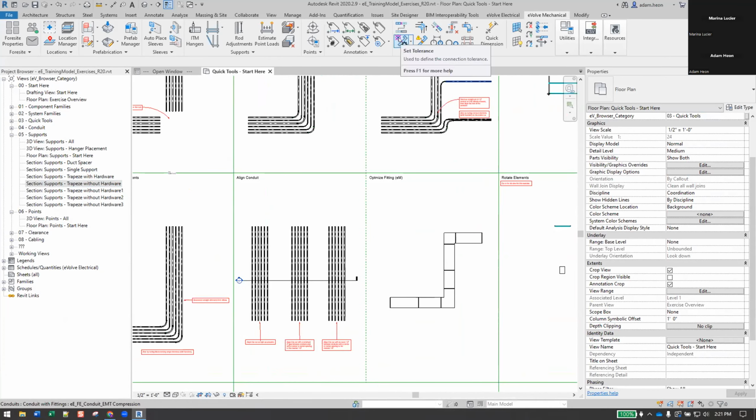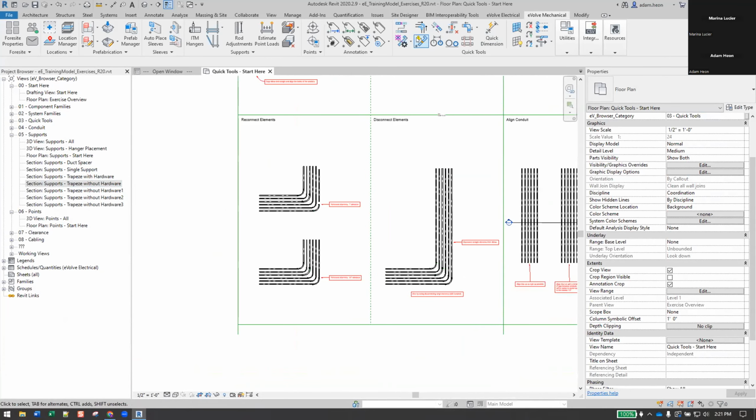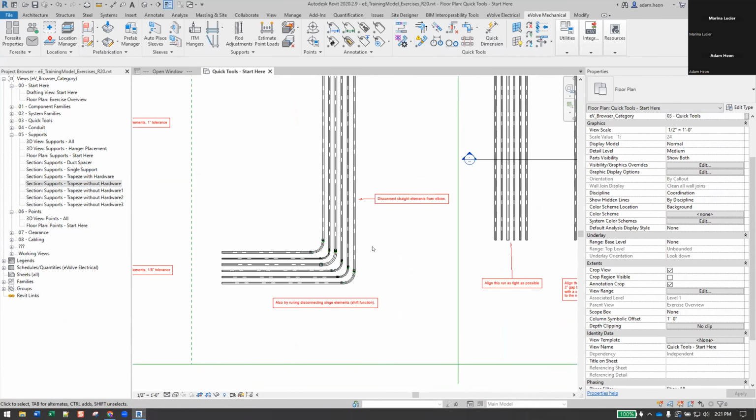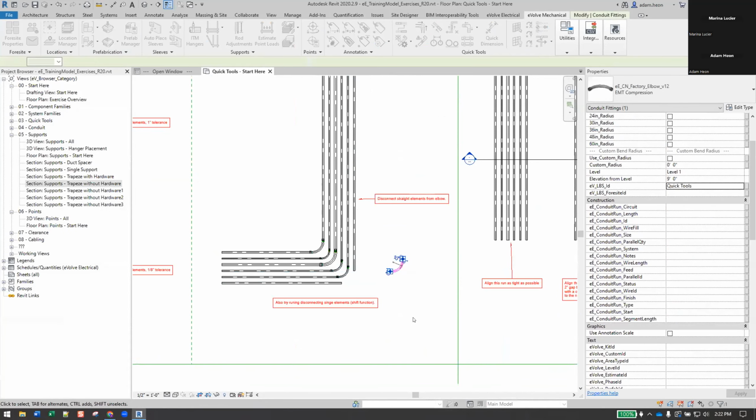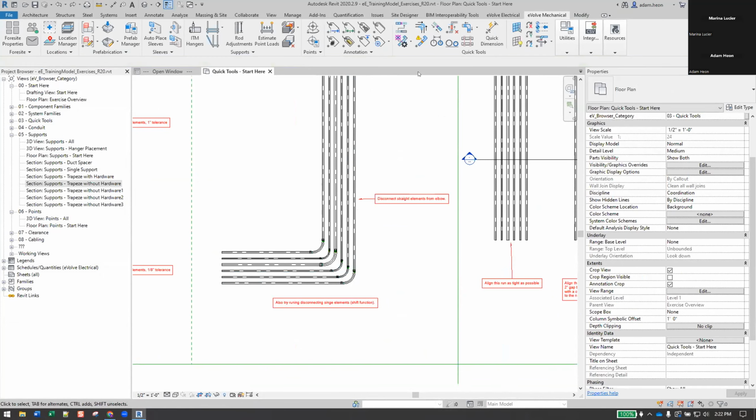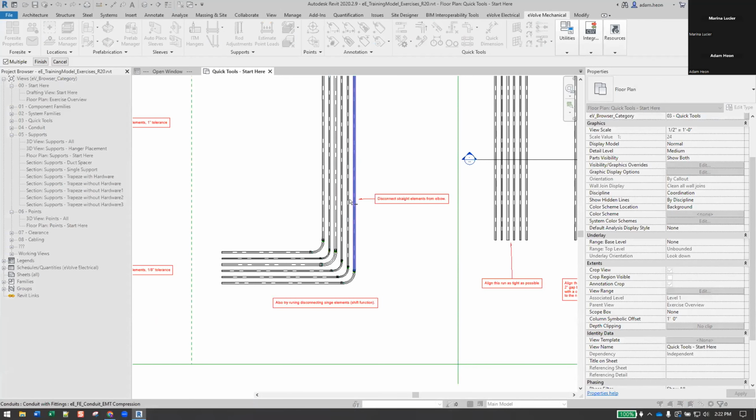Okay, so I'm going to skip reconnect. We already went over that. So let's talk about disconnect elements. It's basically the opposite of reconnect. So I have a connection. I can select disconnect, and I can disconnect that elbow, and I can pull it out. So it's disconnected. Let me just undo that. I can disconnect the straight